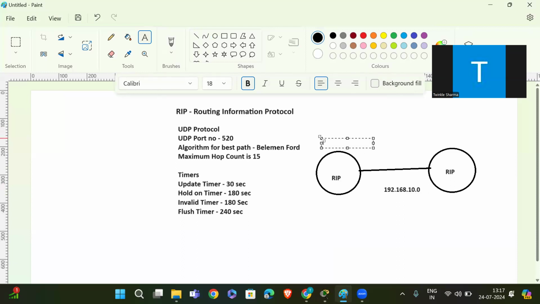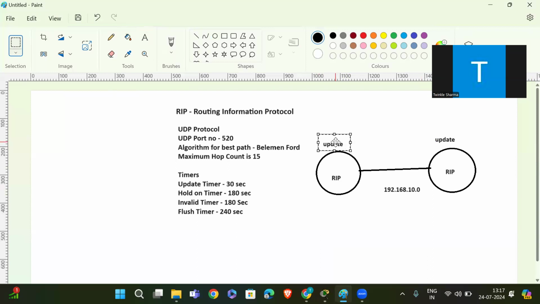So first, every 30 seconds, the router will send the update message to its neighbor router.